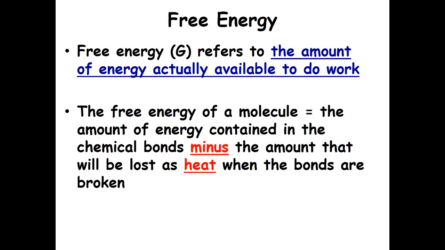Now we come into a new term for you guys. It's called free energy or Gibbs free energy, and the symbol for it is G. So free energy is the amount of energy that's available to do work, and the way they calculate it is they look at how much energy is in a chemical bond, the total energy in the chemical bond, and then they subtract the heat that will be lost when you break that bond, because the heat that's lost is not able to be used for work. Okay, so the Gibbs free energy is calculating the available energy to do work that way.